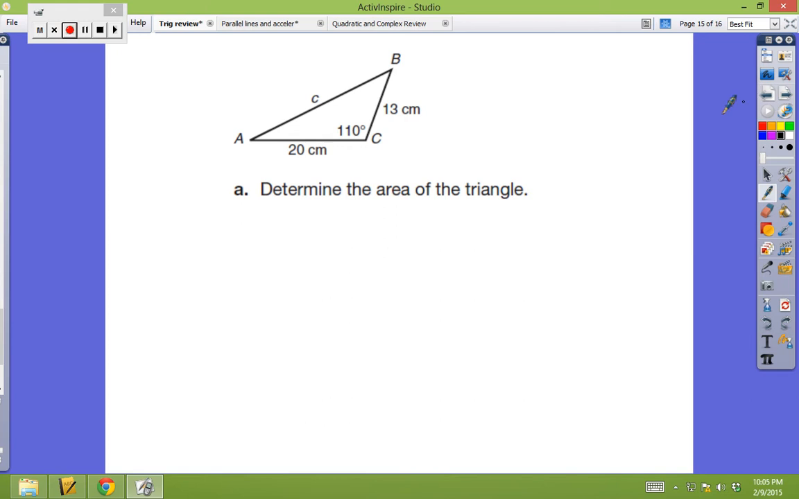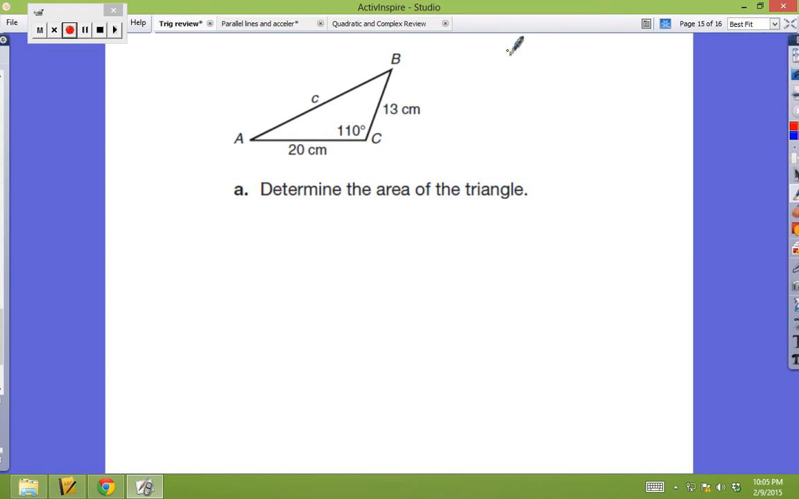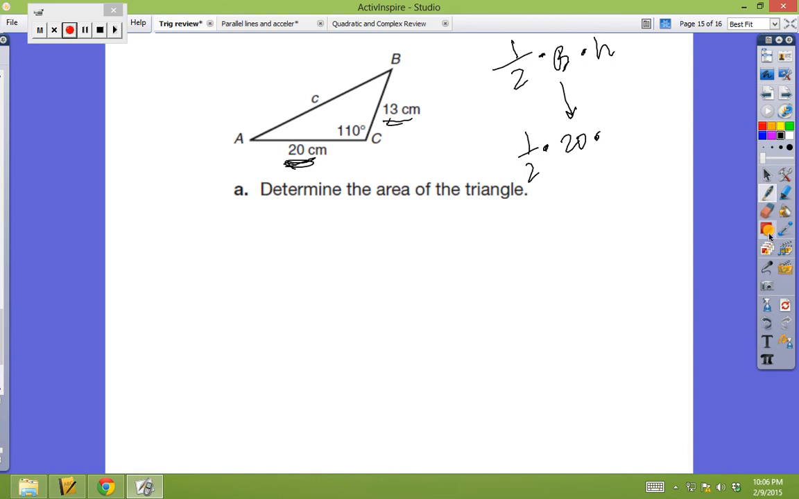Okay, determine the area of the triangle. Now area is 1/2 times the base times the height. So one of these two sides needs to be the base, and I'm going to make 20 be the base. So the base is 20. So 1/2 times the base, I just need the height. Okay, the height of this triangle, if 20 is my base,